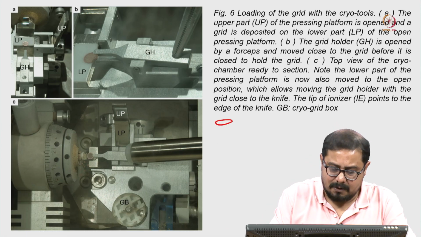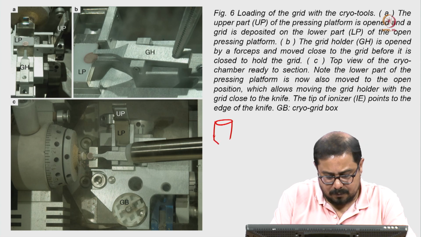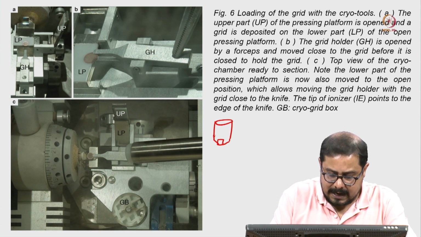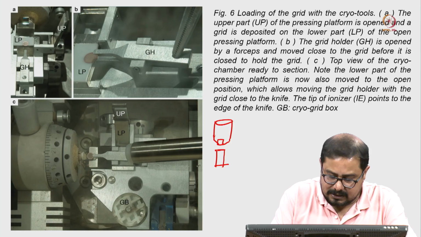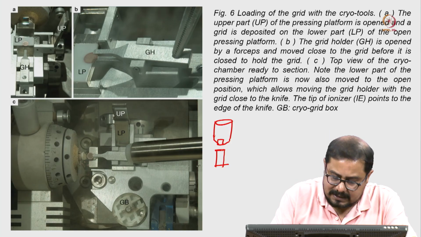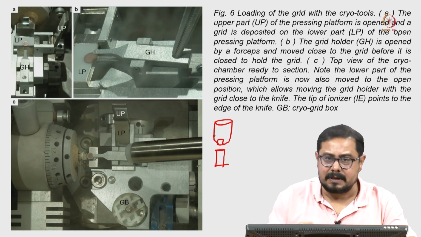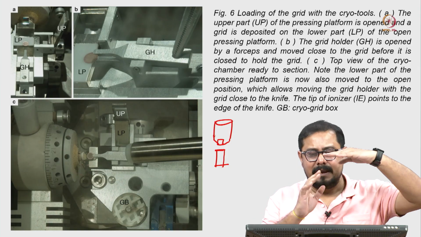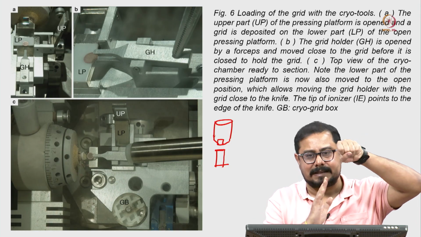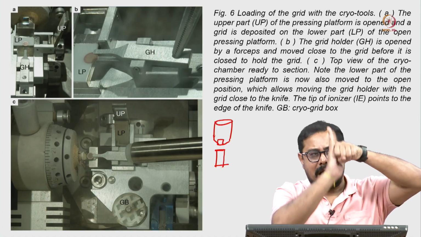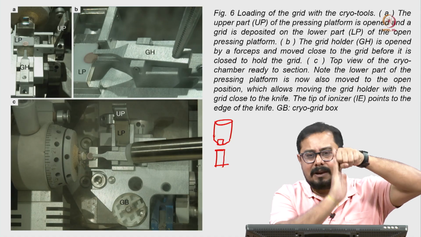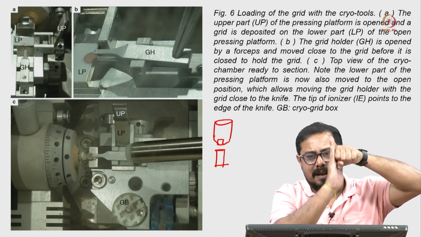So, if this is our sample or block, and this is my tissue embedded, and this is my glass knife, it is going to do the section. This is the top part of the glass knife, and it will continuously go up and down with this sample, and then a very fine section of